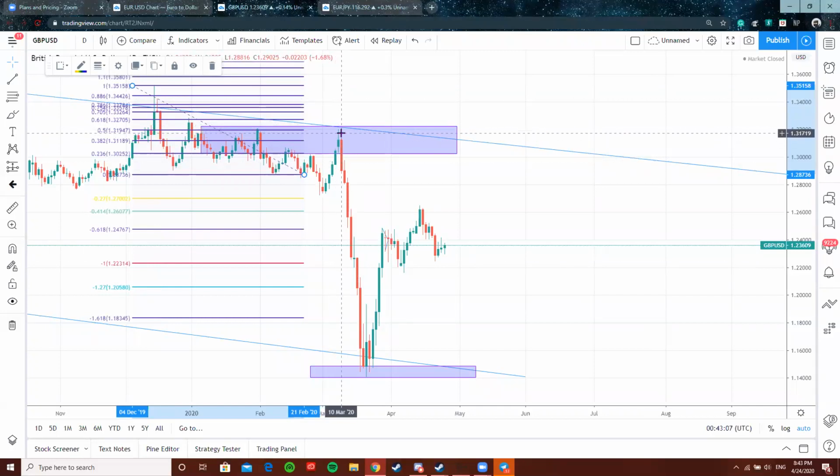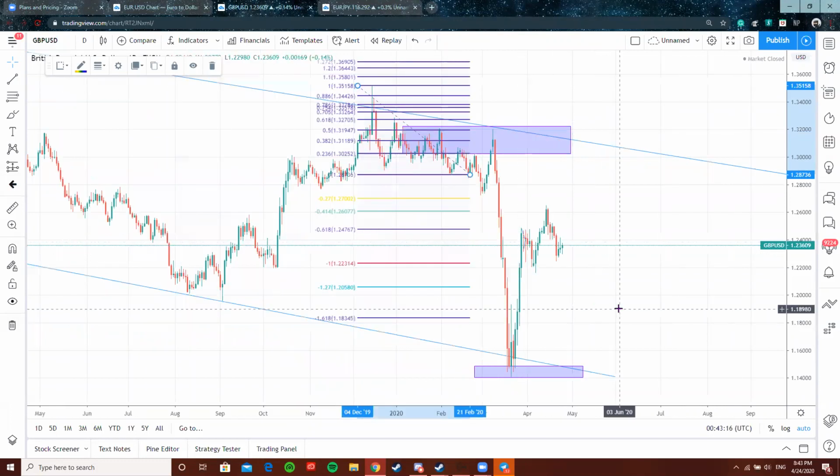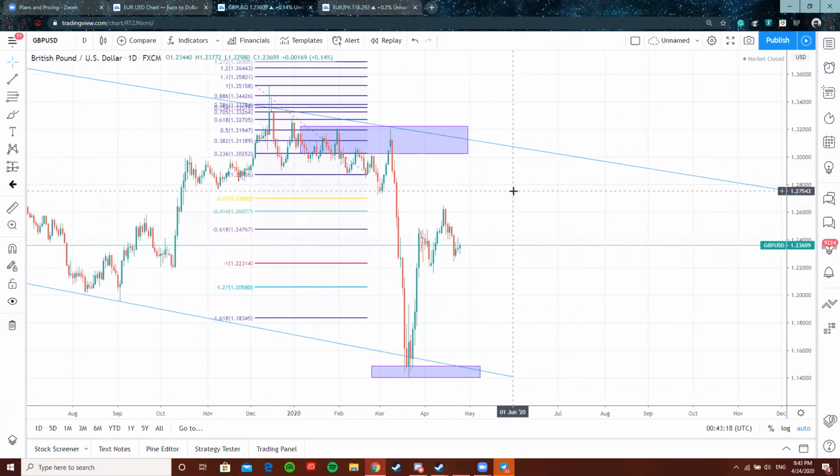And at that point, this would have fallen off the face of the earth. You would have been very happy. TP 1, 2, 3, and 4 got hit, right? All of the extensions got taken out, which means what? That would have been an extremely profitable trade because you would have held through, how much is this?